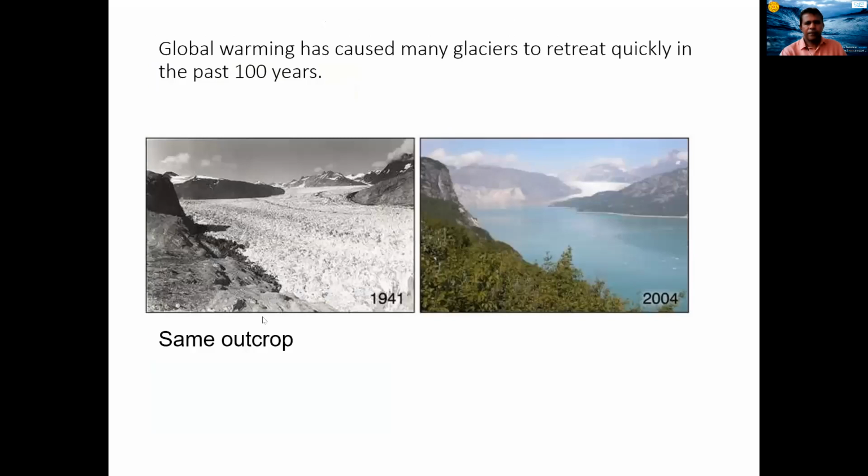As an example, 1941, all covered with ice, and you see now it's a lake and nice forest, right? In less than around 60 years' time,